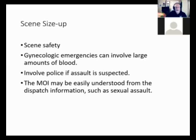Or if in your conversation with your patient between the time you first make patient contact and you get to the hospital, maybe you're on the road, maybe you're going down the road getting a SAMPLE history and going through your OPQRST, and in that patient assessment, you believe that your patient has been sexually assaulted. You need to, in private and outside of the hearing of the patient, I think, tell whoever the nurse or doctor that you're giving your patient